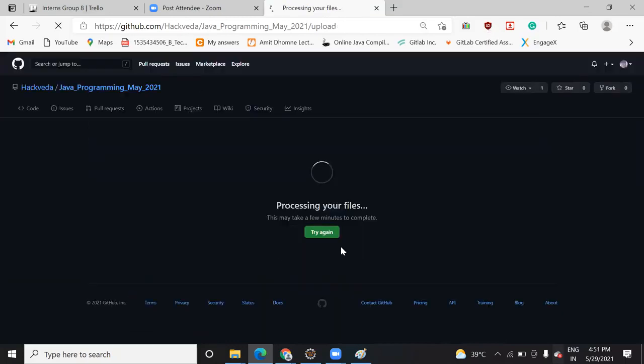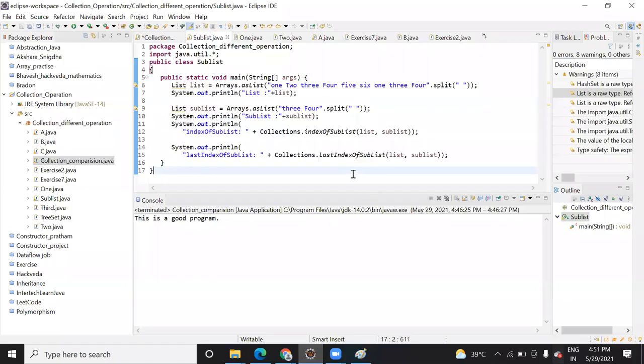So it's uploaded. You can have a look at it. Do you have any question on the previous programs? No, not yet. Any doubt on today's class on this collection? So I had only one doubt, that remove all part. The rest was okay. In remove all, can't we clearly use clear instead of remove all? Yeah, remove all you can use for specific elements also, if you don't want to remove all elements.